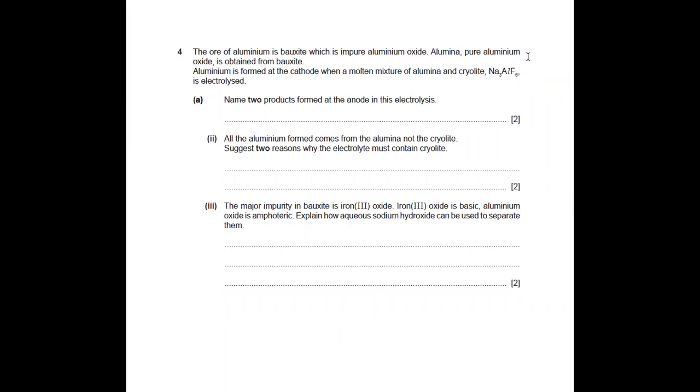Take a look at part 2. Firstly, it must contain cryolite because cryolite lowers the aluminum's working temperature. And secondly, because